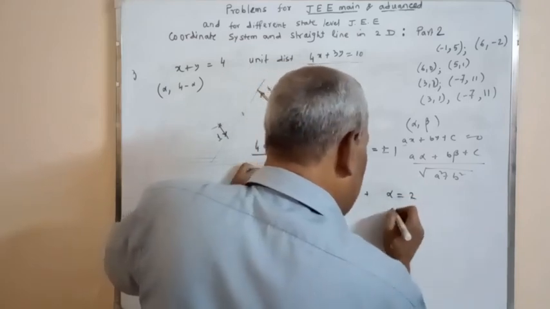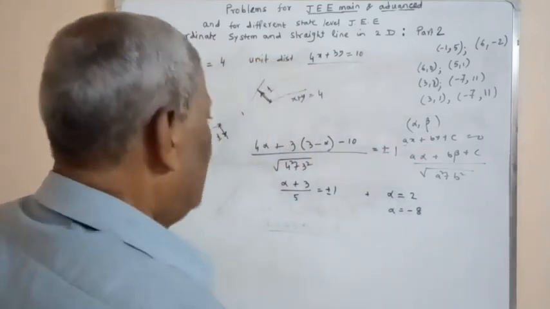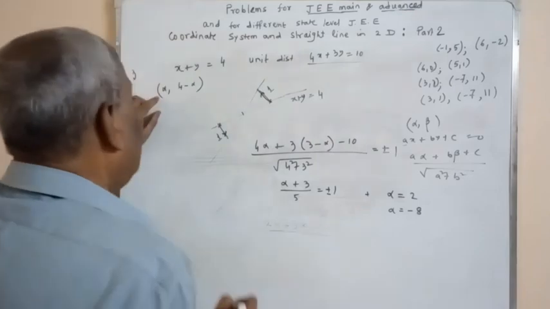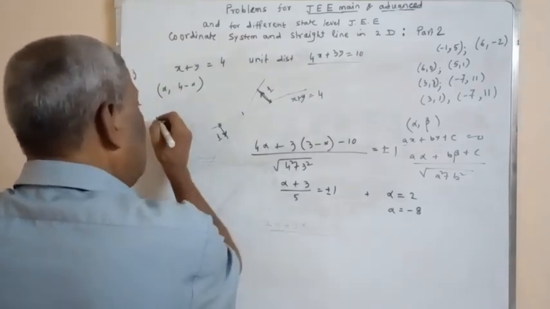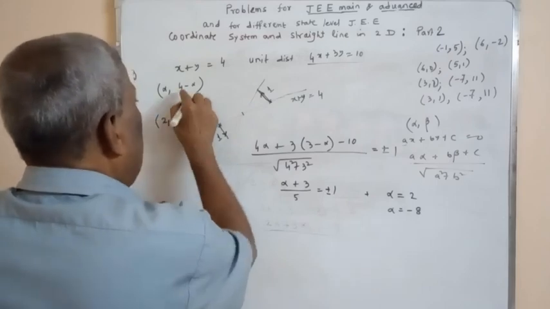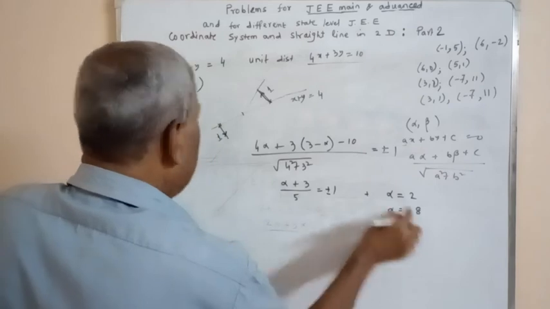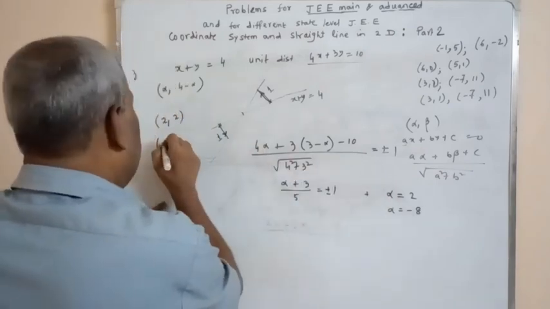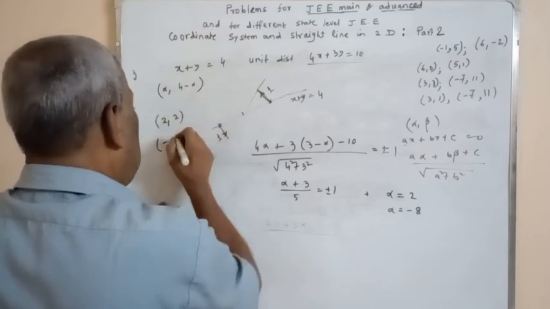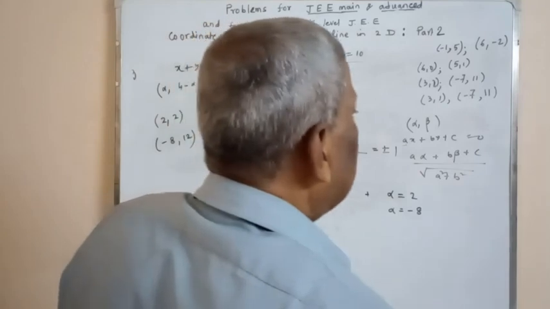Alpha is equal to 2 and alpha is equal to minus 8. So the required coordinates are 2 and 2, and using the negative sign, minus 8 and 12. But it is not matching with any